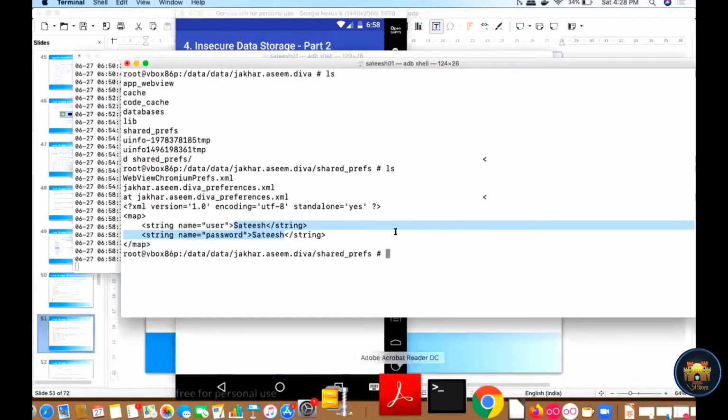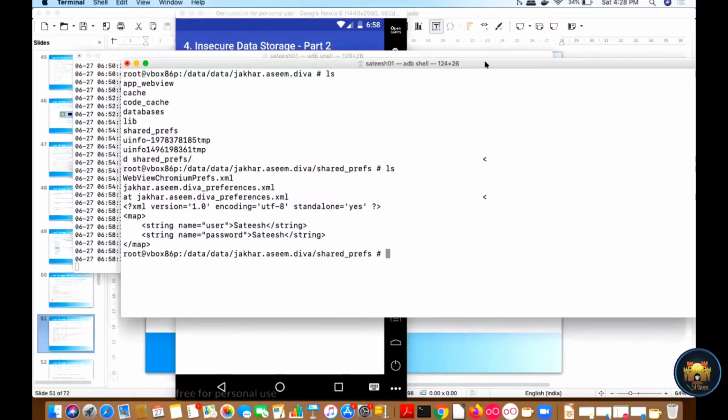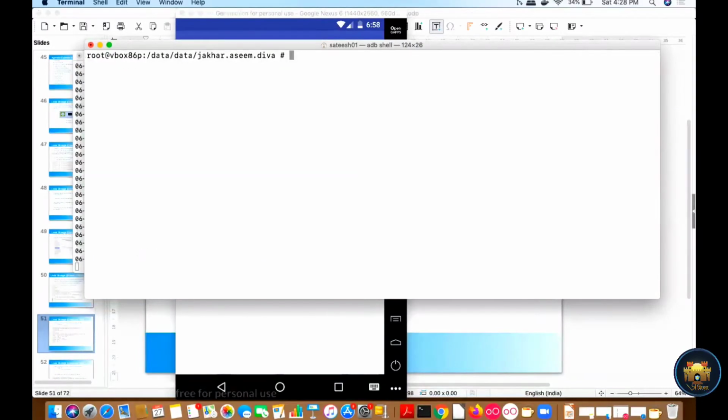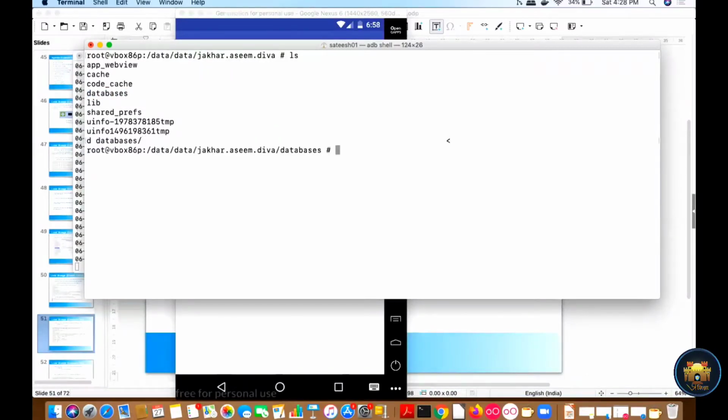So we will navigate to our folder here. I'm clearing it. If I do ls, I can see there is one database folder created. I will navigate there, cd databases, and if I do ls, you can see IDS2 has been created.